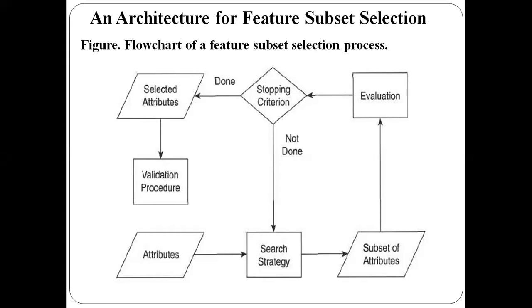One of the stopping criteria is based on the number of iterations. See how many iterations of the algorithm will be run here. For example, 10 times, 20 times, 30 times, 100 times. Those many subsets of features we can generate. That is one kind of stopping criteria.